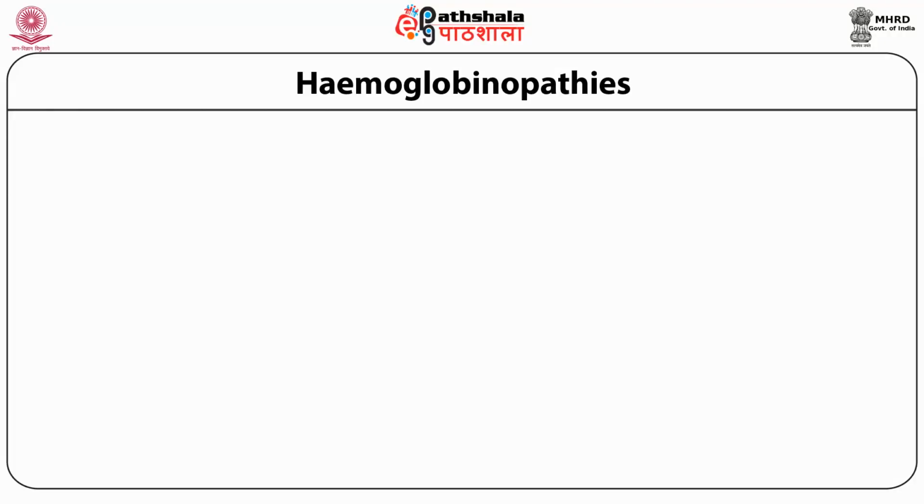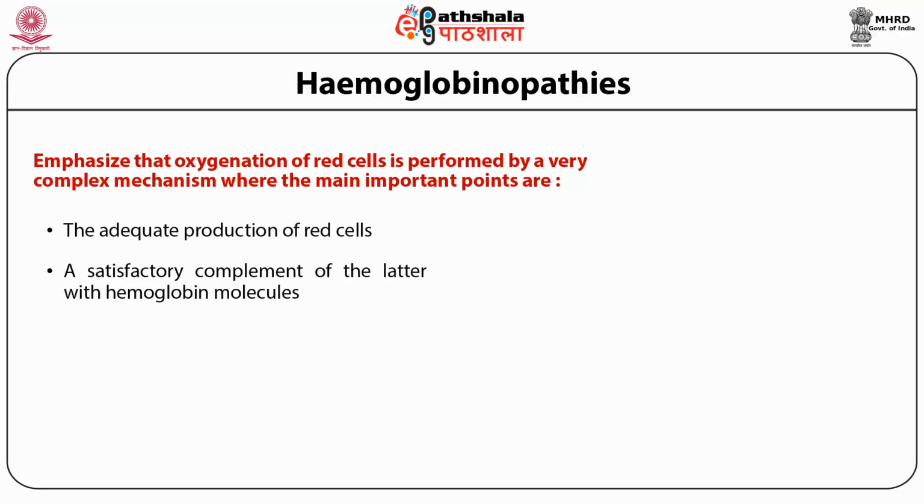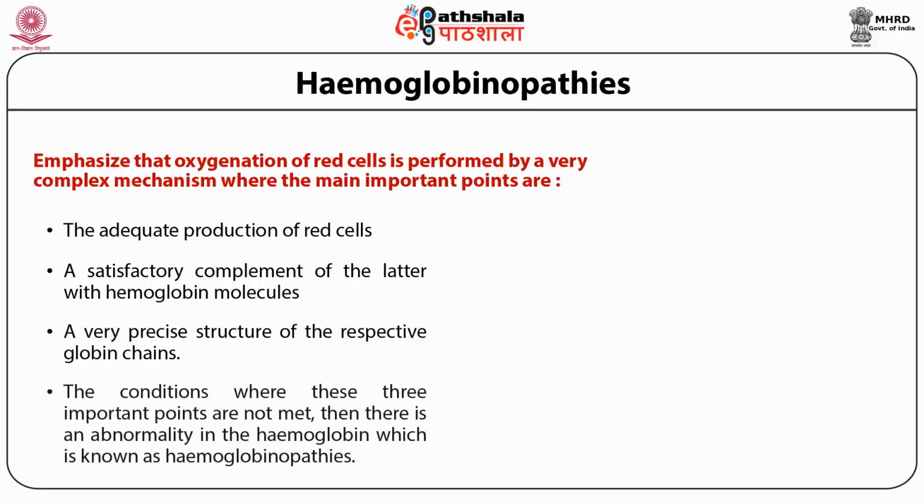Haemoglobinopathies. We have discussed that oxygenation of red cells is performed by a very complex mechanism, where the main important points are: first, the adequate production of red cells; second, a satisfactory complement of the latter with hemoglobin molecules; and thirdly, a very precise structure of the respective globin chains. The conditions where these three important points are not met,